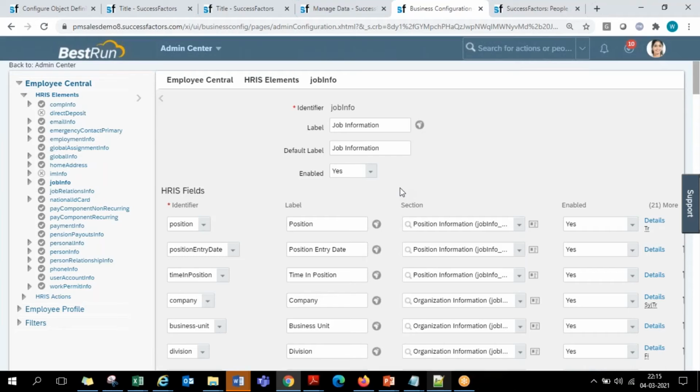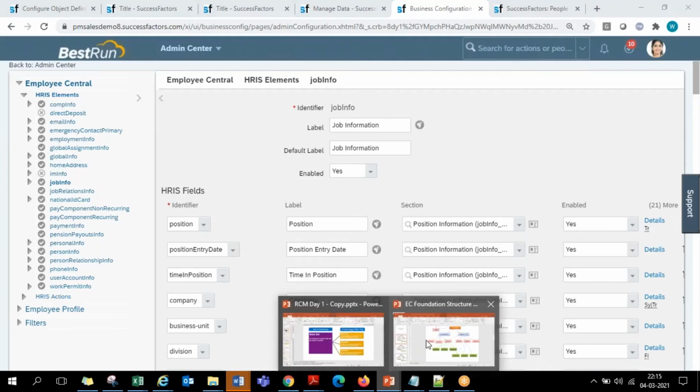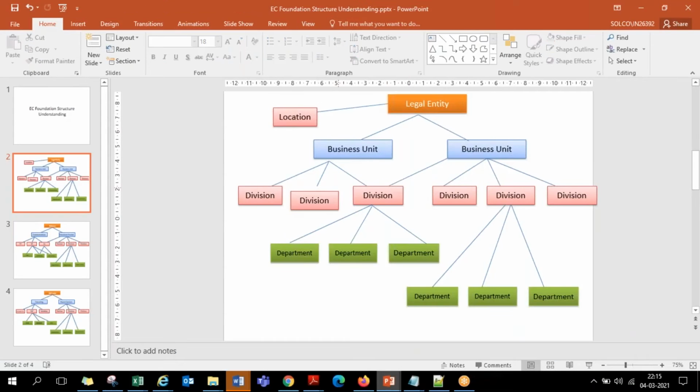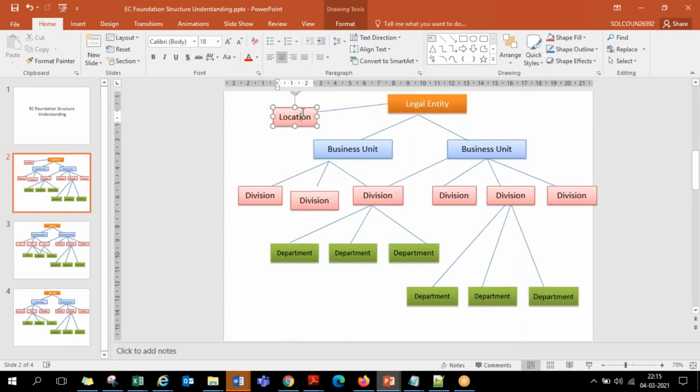And in tomorrow's session we will see one more, custom structure. So using these standard layers which are already there, legal entity, business unit, division, department, location, anything is a standard existing layer. You are just connecting them. Now if a customer says, I want sub business unit, subdivision, sub department, like additional layers altogether, which are not even present in the system, then we are required to first create that object, then associate. So how do we create a new object? Currently, whichever are already there we are using. If I am required to create a new object, and then how I have to associate it with the existing objects, how do I do that is what we will see in our tomorrow session.